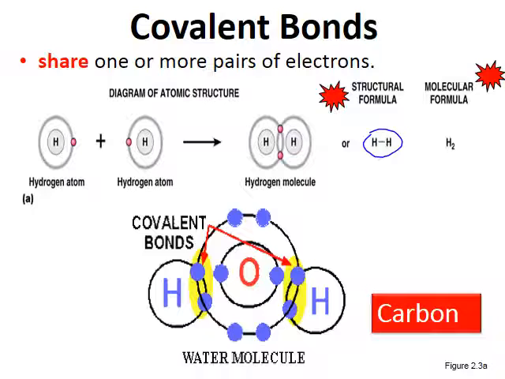And some of these are going to get really, really complex. In a molecular formula, it tells you which atoms or elements are part of the molecule. And the structural formula will give you the shape of the molecule. So if we look down here, we've got some covalent bonds that are forming the water molecule. A shorthand way of drawing that water molecule is like this.